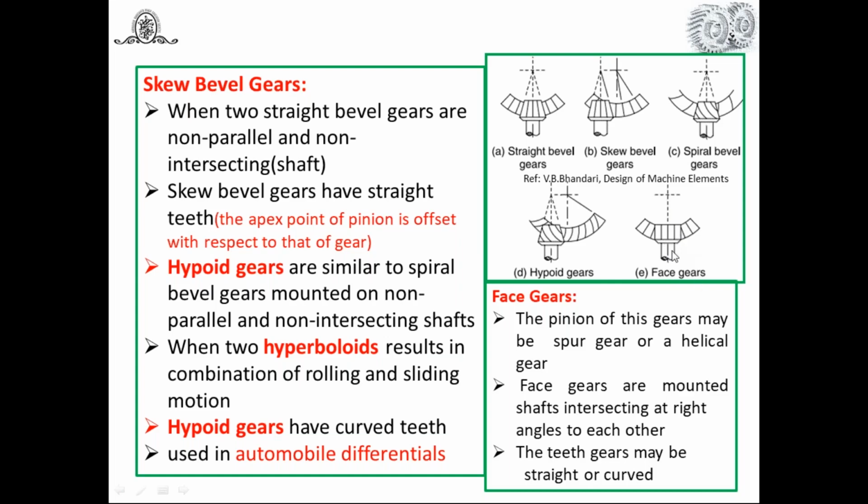This is some of the classification of the skew type. You should remember the skew bevel gear. When there is an offset and the shafts are non-parallel, non-intersecting, a straight bevel gear becomes a skew bevel gear. In another classification, spiral bevel gears are intersecting, but when there is an offset, non-parallel, non-intersecting, it becomes a hypoid. Because of the spiral or curvature, what is happening in the hypoid gear? They result in rolling and sliding motion, and because of that there is some friction, and because of that the efficiency of the gear is less compared with helical and spur gears also. This is about the classification of the skew gears.